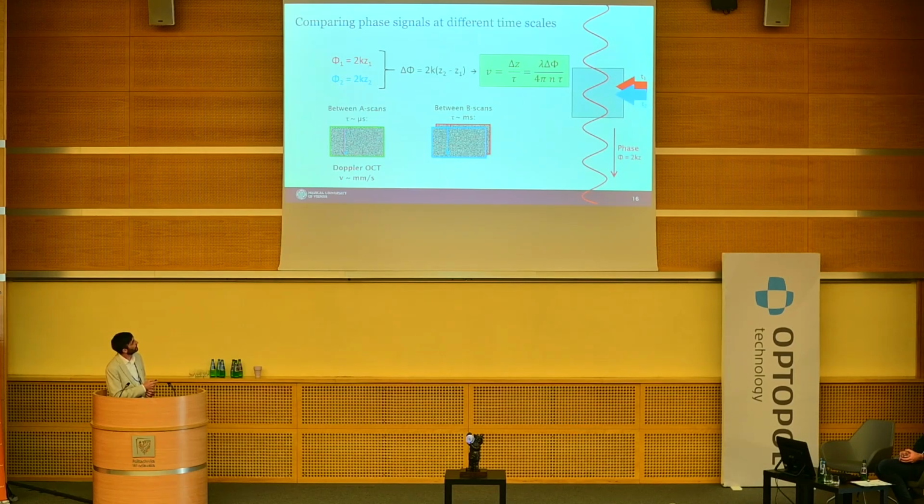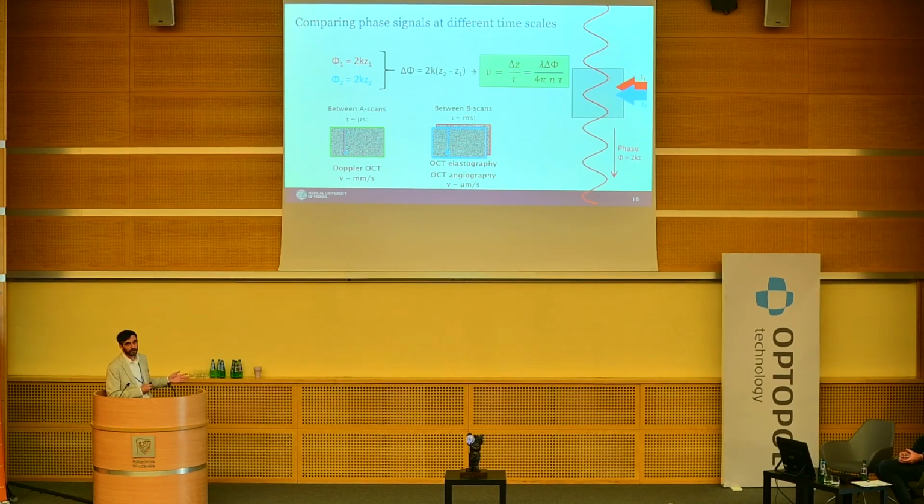We get access to a different dynamic range of velocities, and this would be the case, for example, for OCT elastography, like we have seen it yesterday, or if we threshold OCT elastography images and convert them into binary images, so-called OCT angiography, which is used a lot in the clinic today, and I will show you some examples a little bit later. So then we would be susceptible to a velocity range on the order of micrometers per second, so a rather slow flow or motion like we have it in